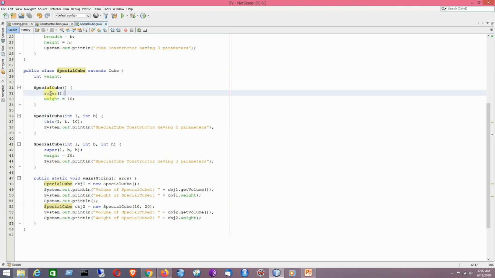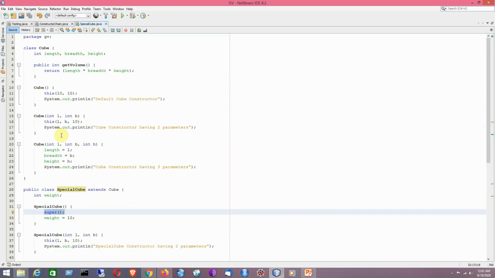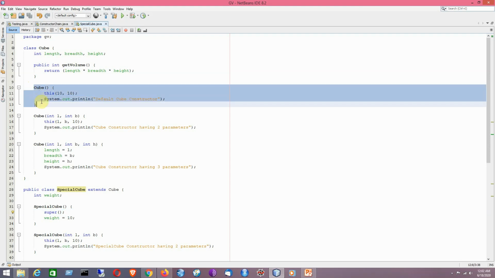Now just have a look at it. You are having a super call as the first line of the special cube default no argument constructor. So that means the control will now be transferred to this particular constructor of its superclass, that is cube.